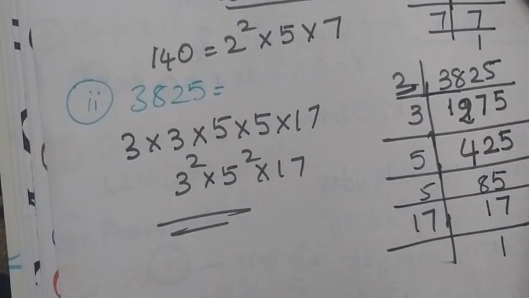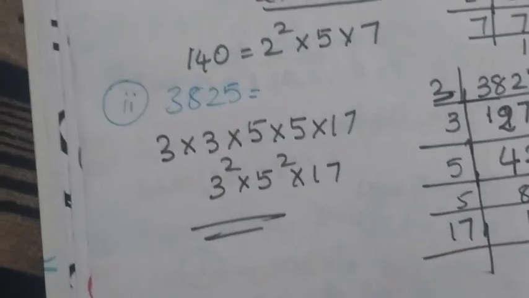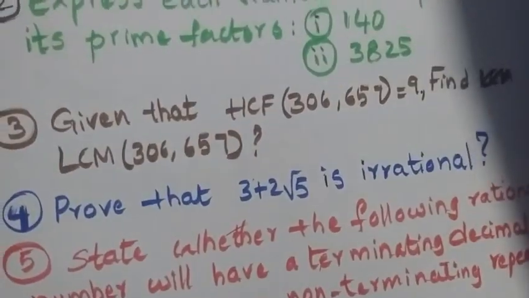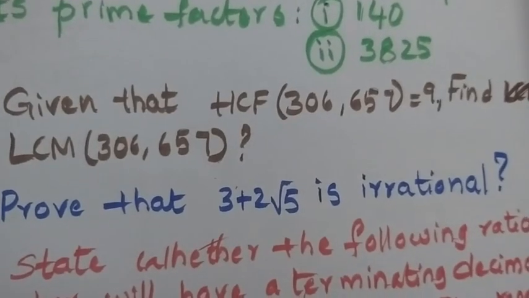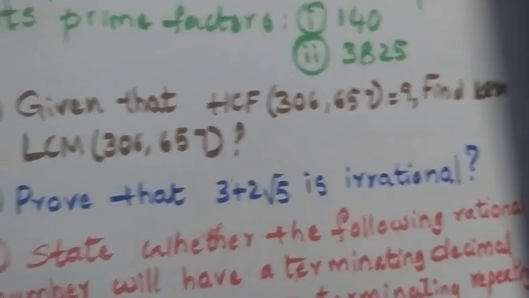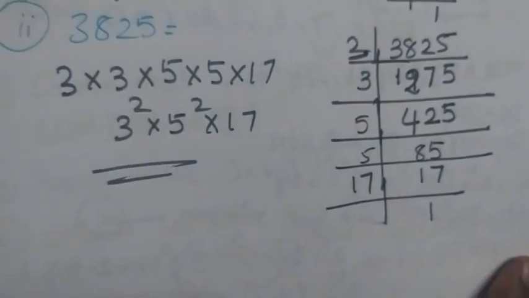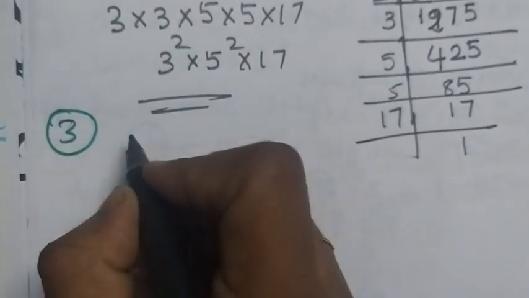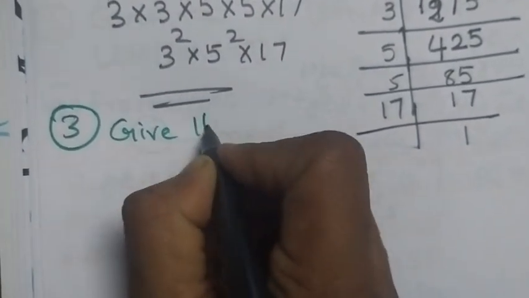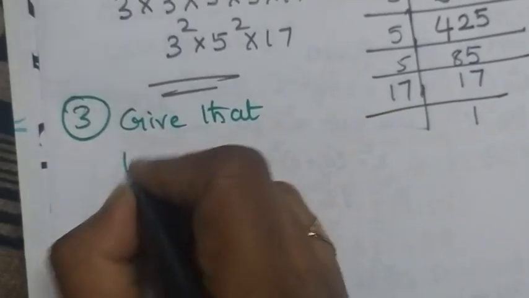Okay, next, what is the next question, children? Given that HCF of 306, 657 is 9. Find the LCM of those numbers. Okay. Next, third question, very important question. Given that we have the HCF of